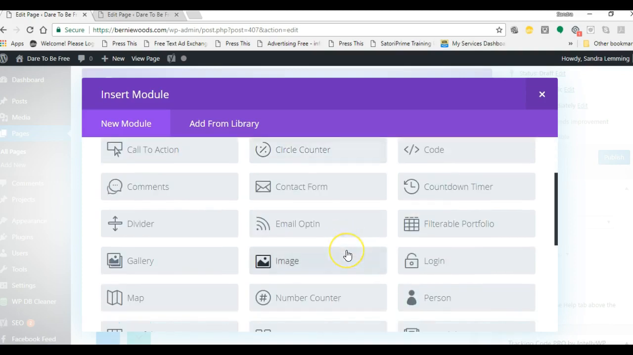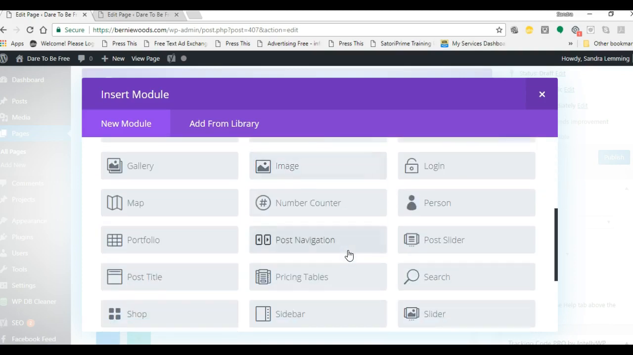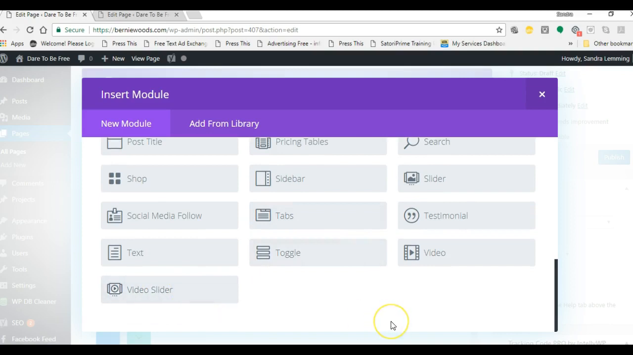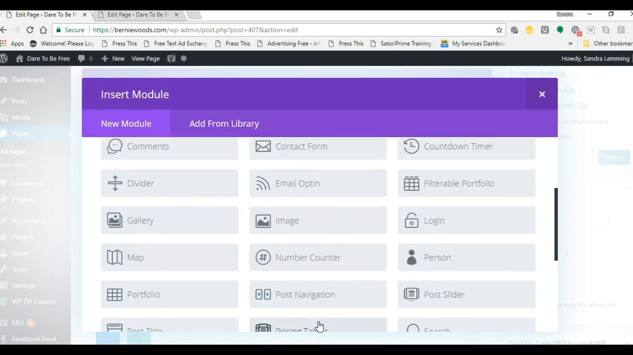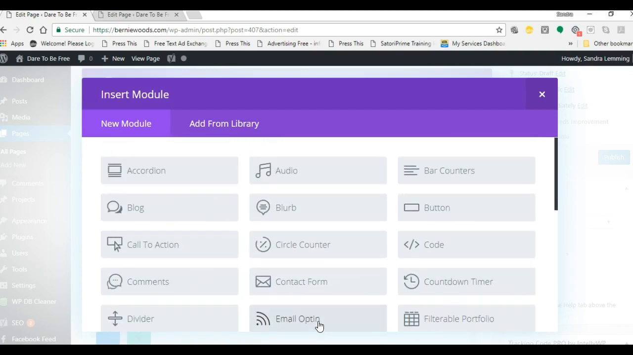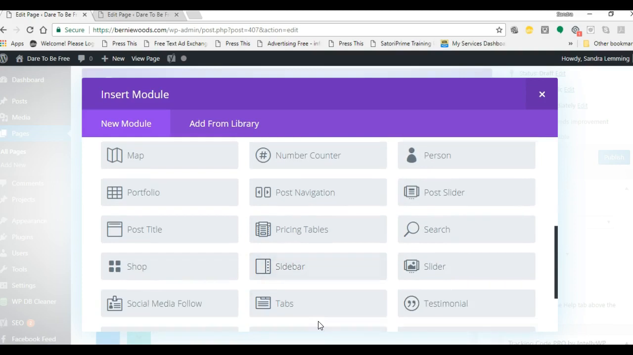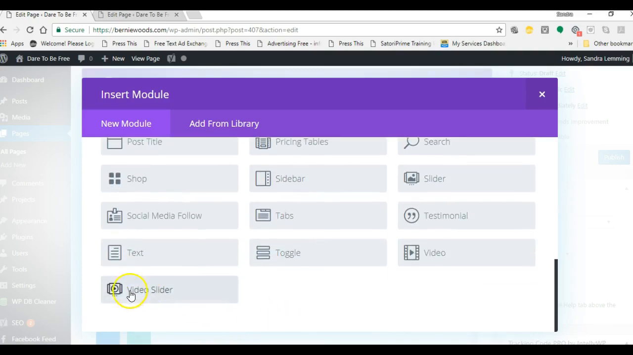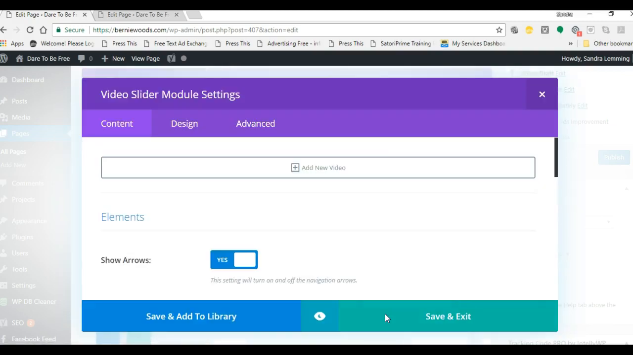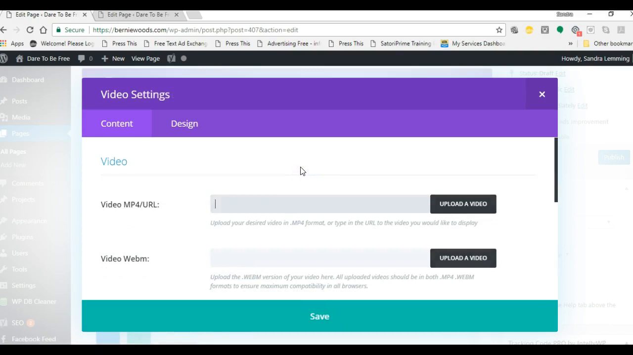So in here, I could insert, say, let's go, video slider there. Let's just go to the video slider module there. We'll add a video slider module. Okay, now when you click a module to add, it'll ask you to add a video. All right, so you'll click on here. And you see you'll need a video